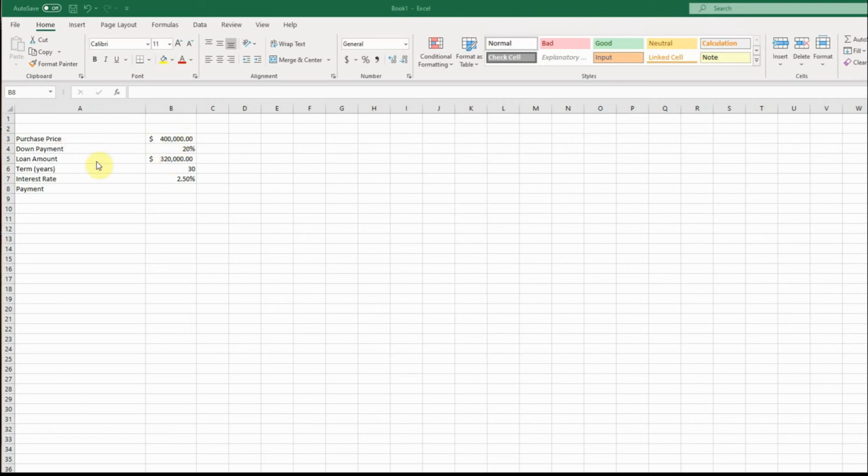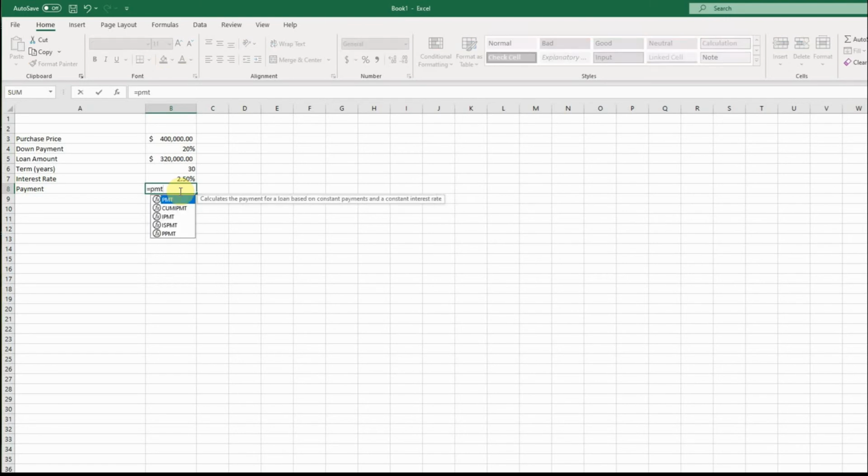So getting started, I have some information up here: purchase price of the home, down payment percent, loan amount, how many years the loan will be for, and interest rate. And we're going to calculate the payment. It's actually a pretty simple formula to follow, and keep in mind that the number will come out negative, and there's a couple of things we'll talk about here. But anyway, just equals PMT,